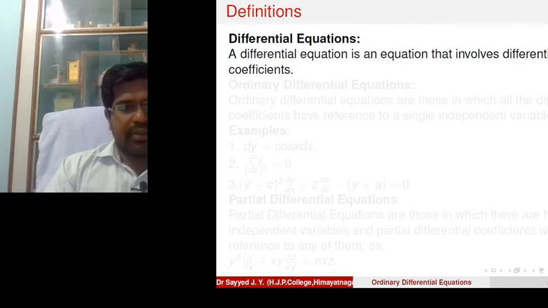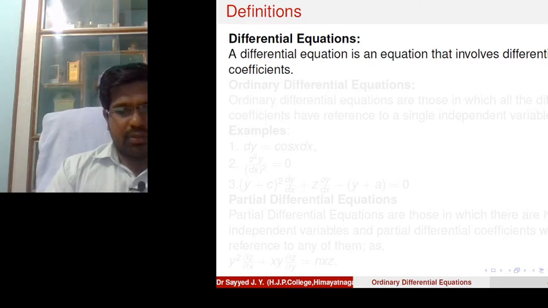Differential equation means an equation where a differential coefficient is present. What does differential coefficient mean? It is dy by dx, where the derivatives are present. That equation is called a differential equation. Before differential equation, what is meant by equation? Equation means a sentence where the equality sign is present. Last year also I told this thing.